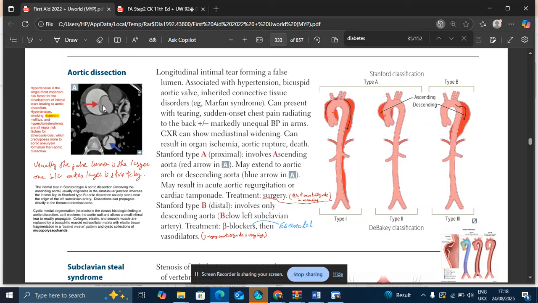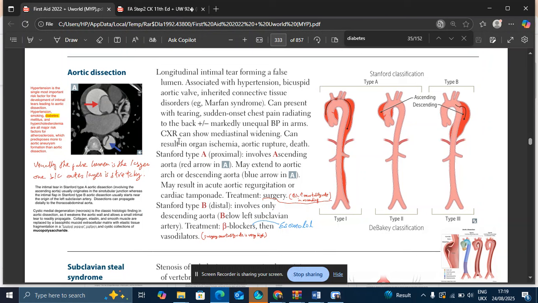Look at this image A. This is the CT angiography of the chest that is showing aortic dissection in the ascending aorta and the dissection in the descending aorta. Okay, so we did the history, we did the physical examination, and we did a chest X-ray showing widened mediastinum. Okay, now